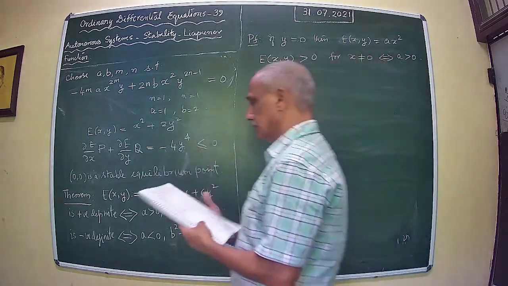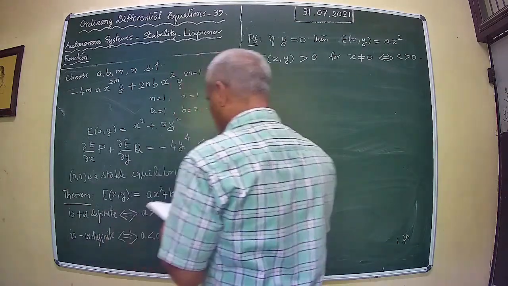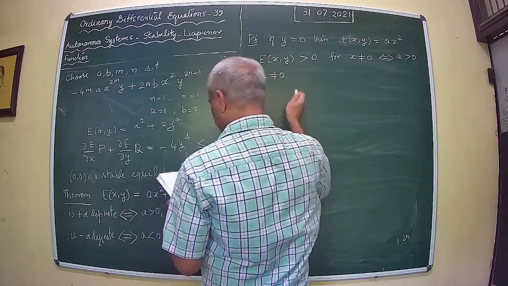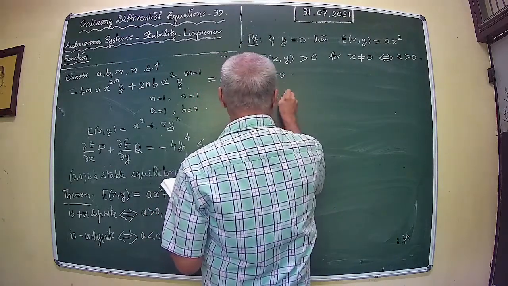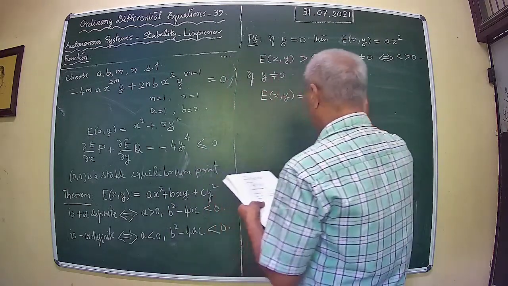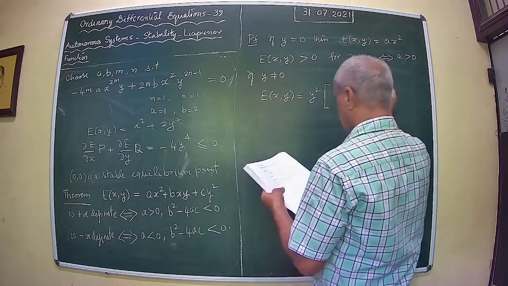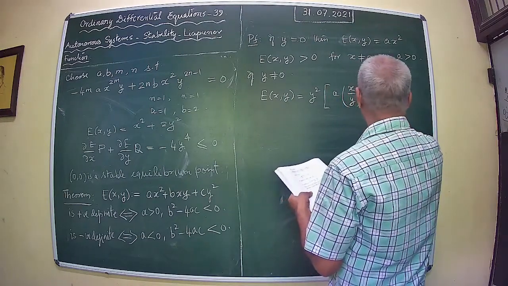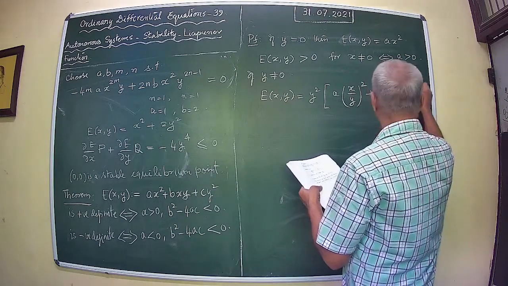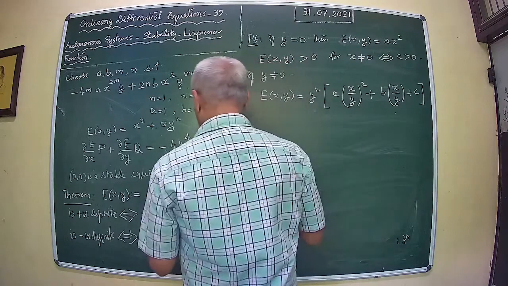So that fixes the case for y equal to 0. So if y is not equal to 0, then you can write E(x, y) as a into, so this is already non-negative. Okay, so